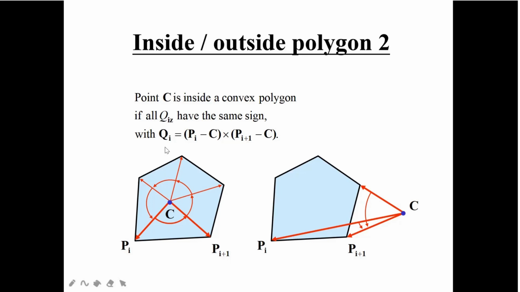If it connects to all the vertex points, then it means that C is inside the polygon. Okay, now you can see here in another image, the C is outside. How, in the algorithm, can we prove that the C is outside? So we have to touch each of the vertex points.